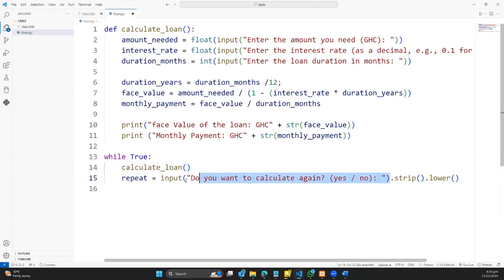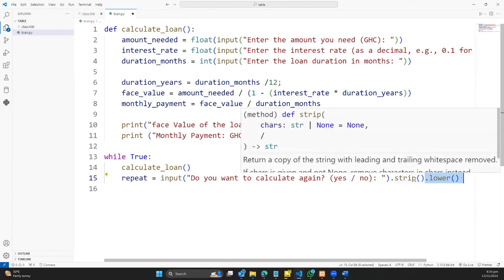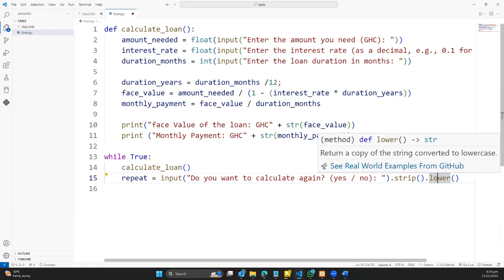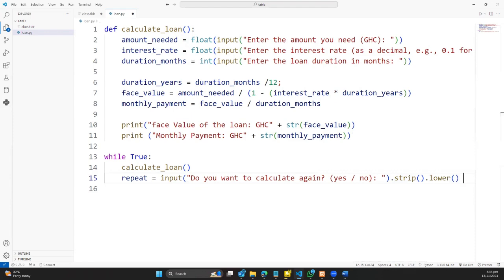No matter what you do over here, I'm telling the computer, take it, isolate it, and turn it into a lowercase. So no matter what happens, this one makes sure I grab what the person has typed, and only what the person has typed. Remove all the white spaces, all of those things. The lower here would make sure that what the person has typed will be converted into a lowercase. In so doing, no matter what you type, if you type it in capital letter, small letter, or whatever, I can say,